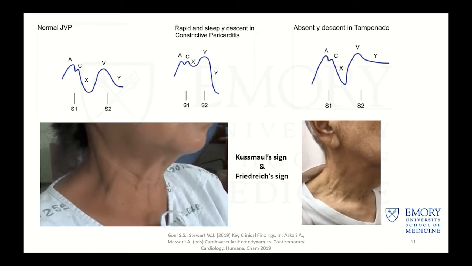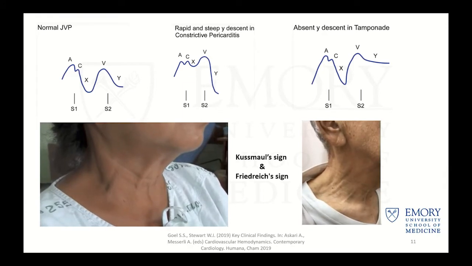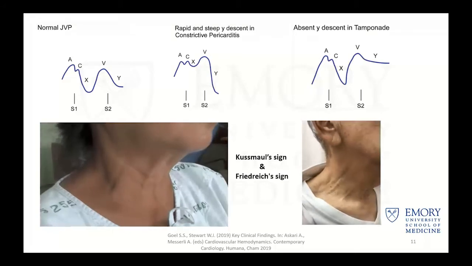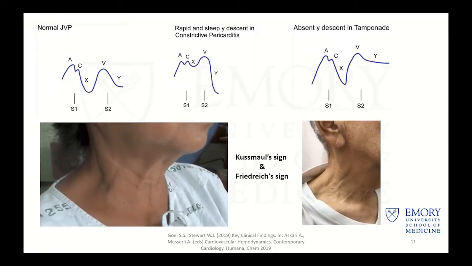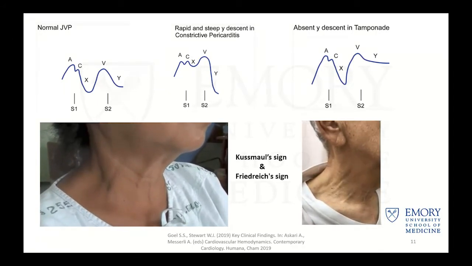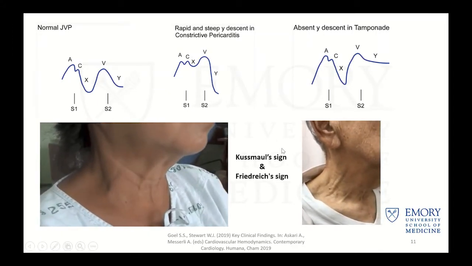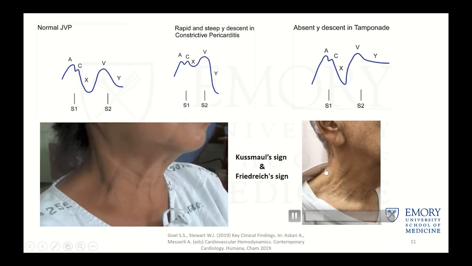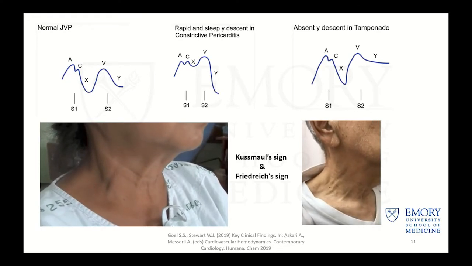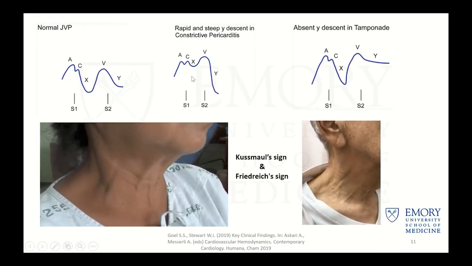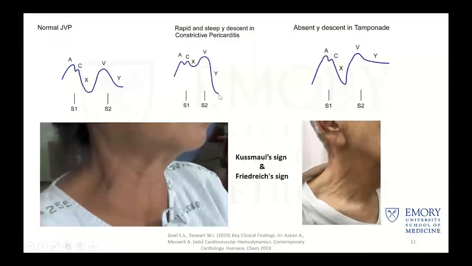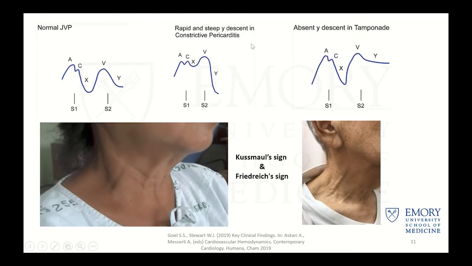And then the other thing that you always have to pay attention to is how rapidly this JVD flattens. Okay, so rapid flattening of the JVD. I didn't know this, but apparently it's called Friedrich sign. And it's actually very apparent on this right picture here when you have distension of this EJ during inspiration and rapid deceleration. And you can see here on the hemodynamic tracing, this rapid Y descent is very, very characteristic for constriction. In comparison to tamponade,